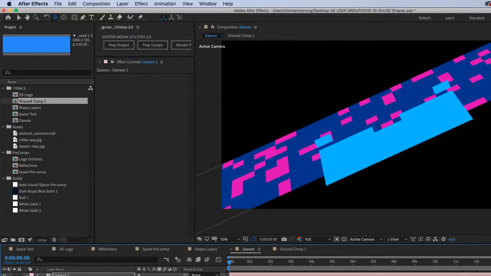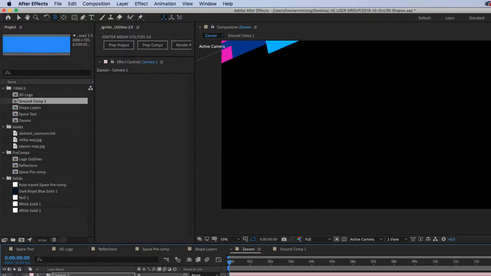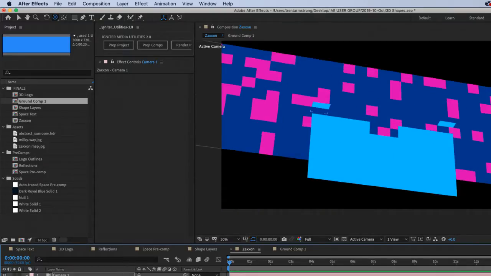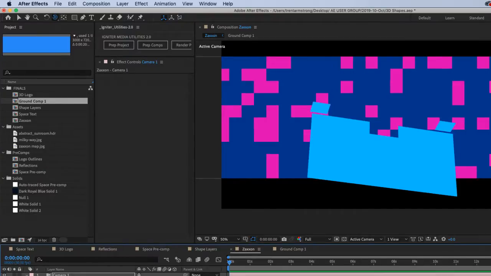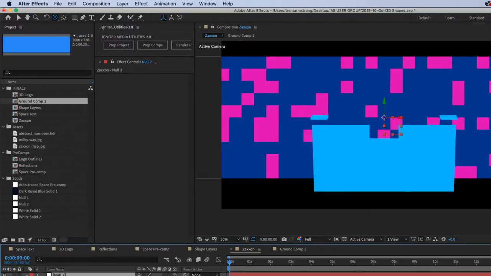And then it'll be isometric. You know, let's do a null instead. Make the null 3D. Parent the camera to the null. And rotate the null.